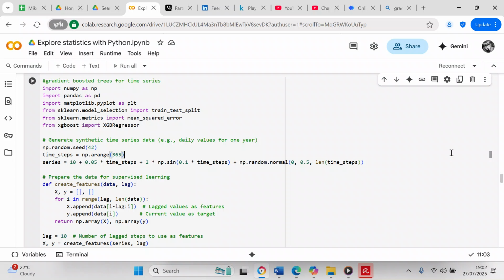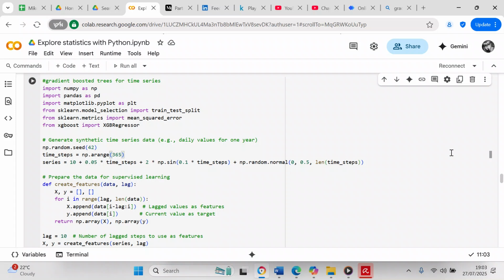That means we're going to measure the error of the predictions versus the true data, and we're going to measure that using mean squared error. The lower the mean squared error, the better the accuracy of the prediction is. And from XGBoost, we're going to import XGBRegressor. XGBoost is a gradient boosted regressor, and that's what our model is going to be to actually form a time series